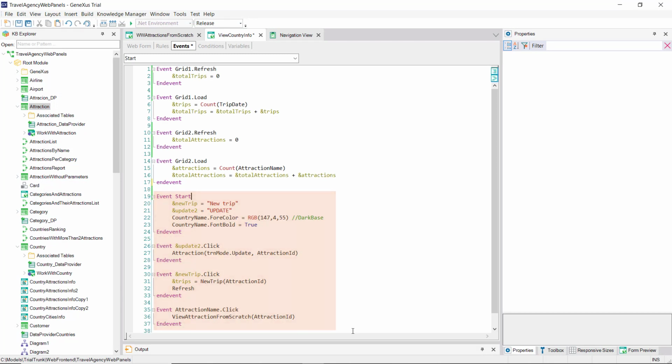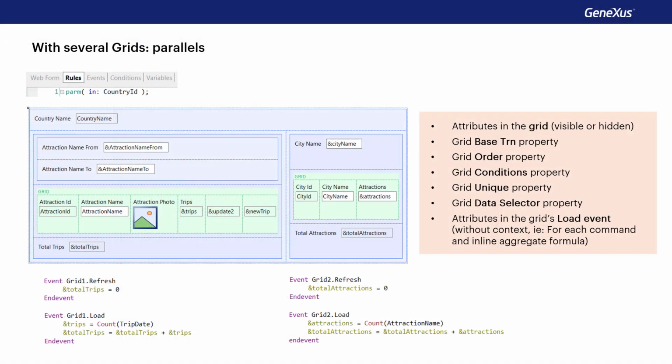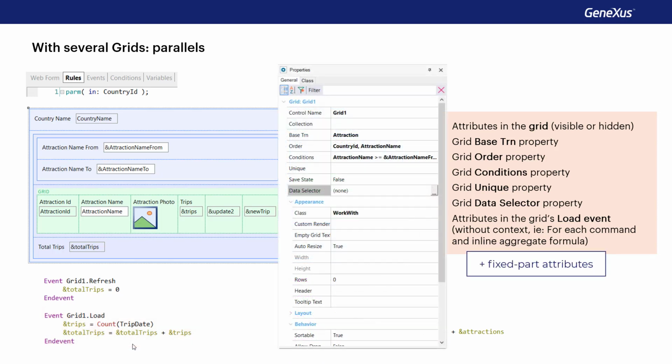In addition, for the case of the first grid, and only for the first grid, if attributes exist in the fixed part, as is the case, these attributes will also be considered for determining the base table, and only for it. In the case of all the other grids, none of the attributes of the fixed part will participate. So in our case, in determining the base table of grid 1, all these grid attributes are considered, in addition to any others separated in this load event. There isn't any. And of course, the grid properties mentioned. It's clear why there will be a base table,